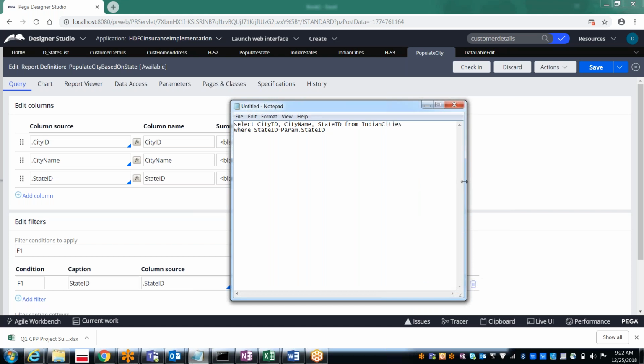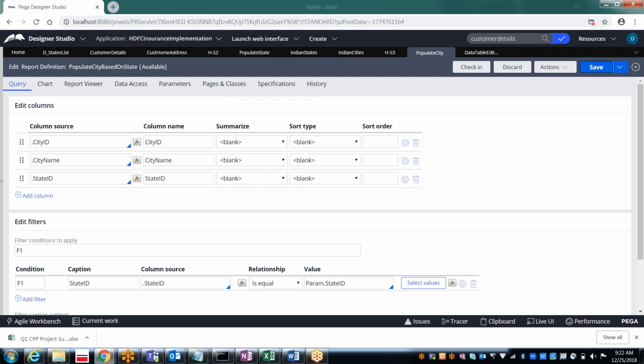As I said, Pega is completely like a GUI, a graphical user interface. You need not worry about this kind of select statement, or writing Java code or .NET code or C or C++. Internally it will generate everything. That is the main advantage, so it's easy for you to create the report definition.